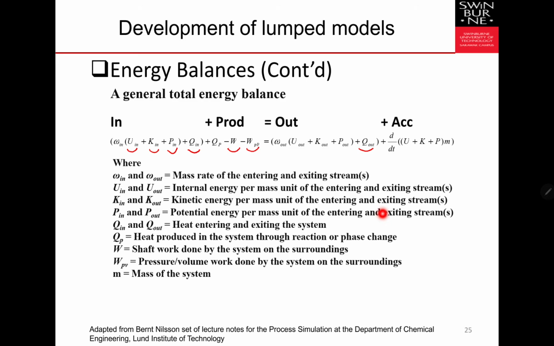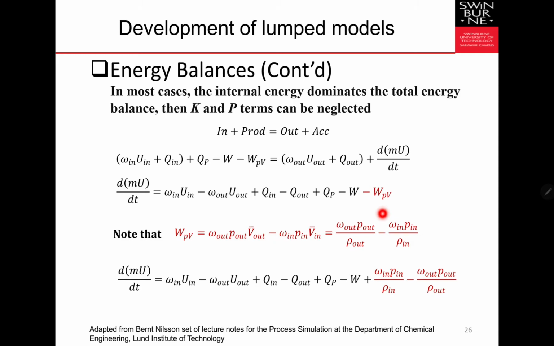volume work done by the system on the surroundings. And M refers to the mass of the system. In most cases, the internal energy dominates the total energy balance, then the K and P terms can be neglected. If we do neglect them, then we end up with this particular expression. And by noticing the definitions for the pressure volume work, we can simplify it further to